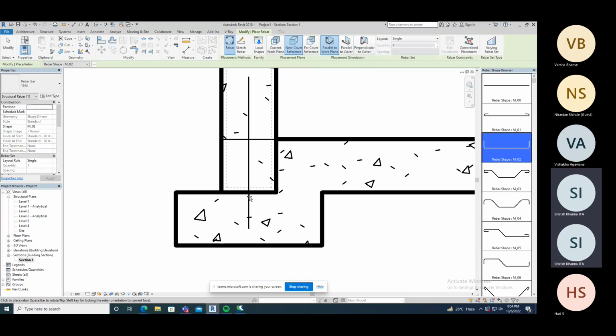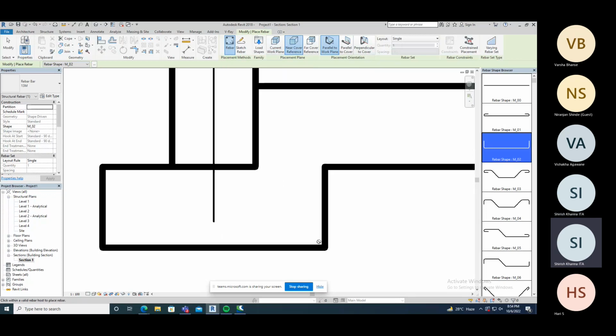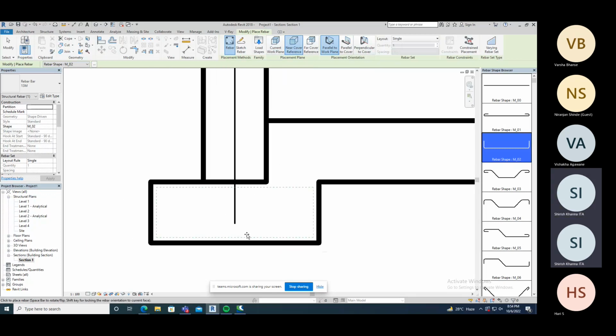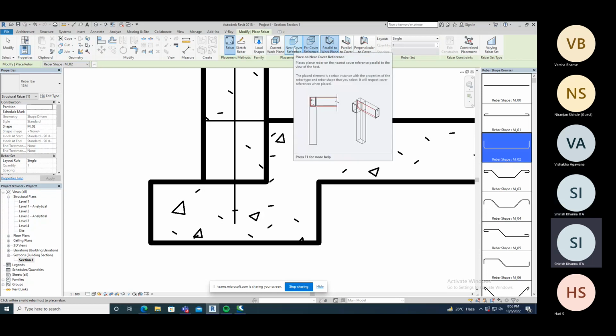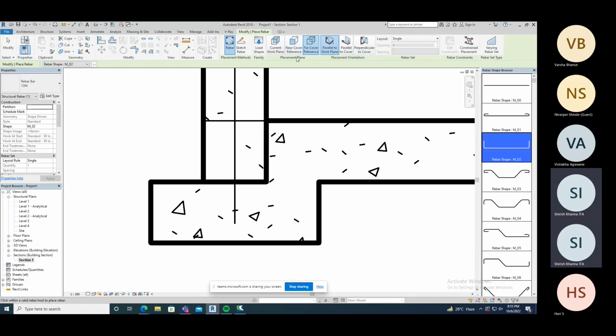Near cover is different. It is not visible here. This type of shape is there. Far cover is the same. So the current plane is like a far cover this time. Okay. Near cover means you can see it in a dot format. I can show you when it is placing. Okay. Now,